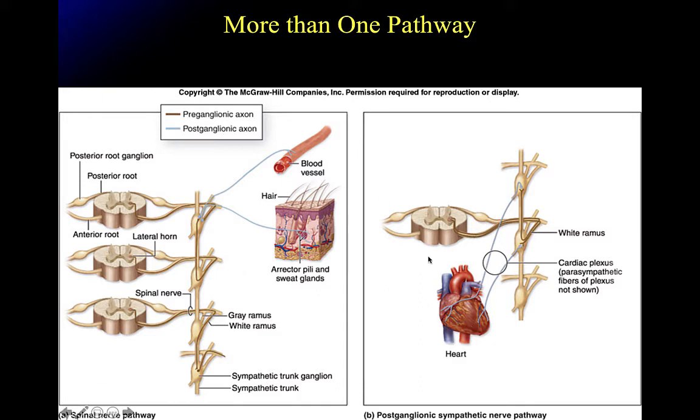If we're going to go to an organ like the heart, where the sympathetic division might want to speed up the rate of contraction of the heart, we're going to have the same initial component of this. We're going to start in a lateral horn, go out an anterior root, off on a white ramus communicans, entering a sympathetic trunk ganglion where we either synapse and go directly to our target organ, not on a spinal nerve, or we can actually travel to a different level of the sympathetic trunk and synapse there and have a nerve that goes out to our target organ. So in either case, we're not using spinal nerves. Now we are in roughly the same area as our target organ, and we can leave the sympathetic trunk ganglion